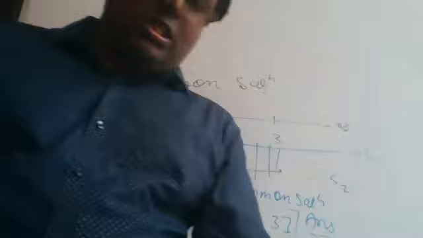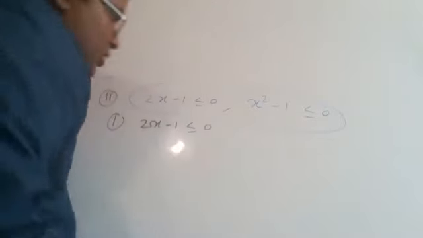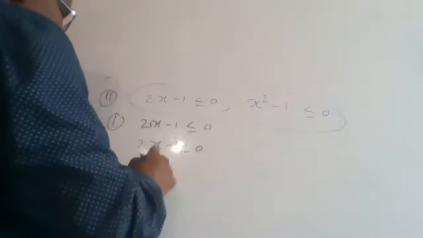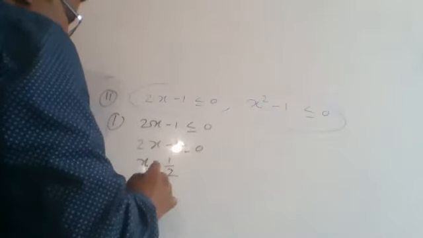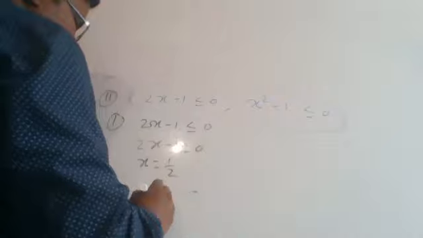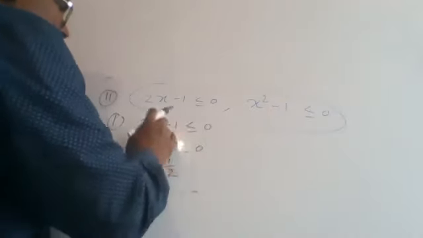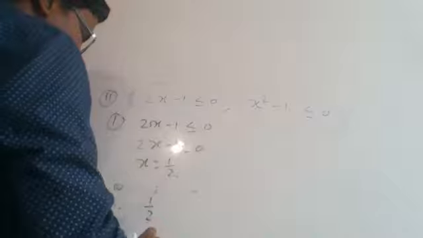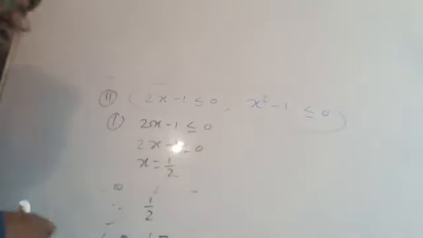Okay. So just write down. We have to solve the first one. How? Left hand side equals 0. So we get x equals what? 1 by 2. After putting the solution onto the number line and drawing the wavy curve, we have to take the portion below the number line. So minus infinity to half will be the required solution. Closed interval is over here.